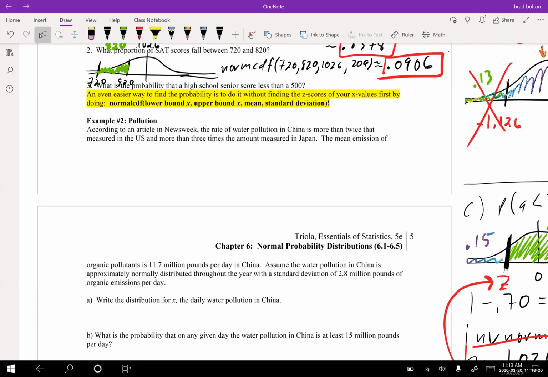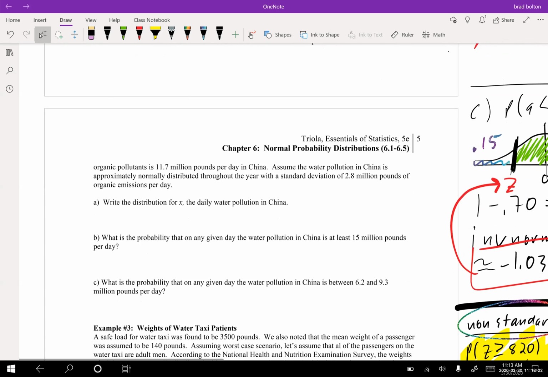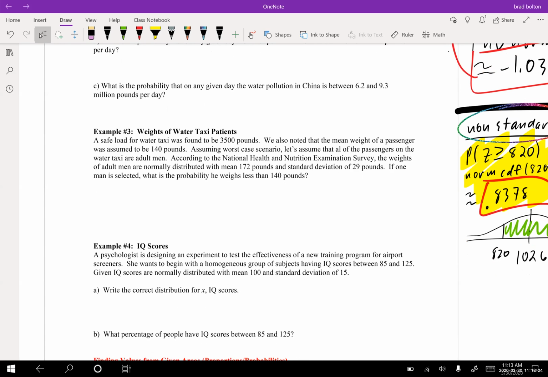So let's see, I'm gonna skip ahead a little bit. Let me see. Let me look at my notes, make sure we're on pace. I guess if you wanted to, we could do this. I really kind of want to skip to the IQ problem, but